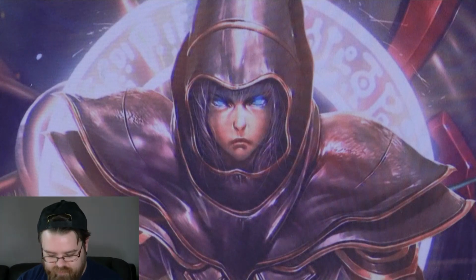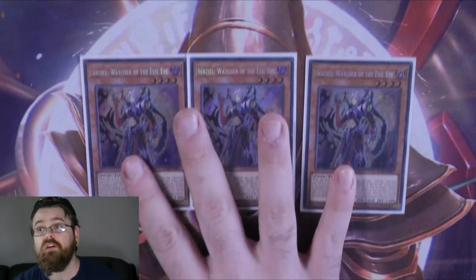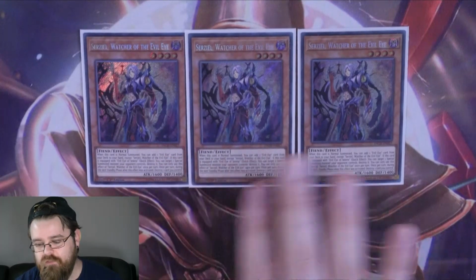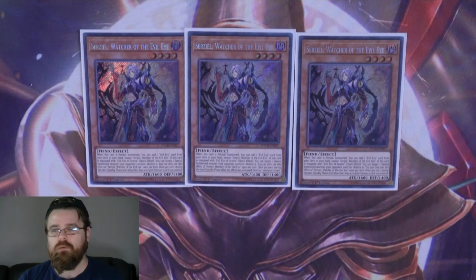With that said and done, let's get started with 3 of the main card. Of course, it was a short print. It was a harder one to get. That's just the way the cookie crumbles, apparently. Triple Yugioh, Watcher of the Evil Eye. So, when this card is normal summoned, you add 1 Evil Eye card from your deck to your hand. It's a shame it has to be normal summoned, but